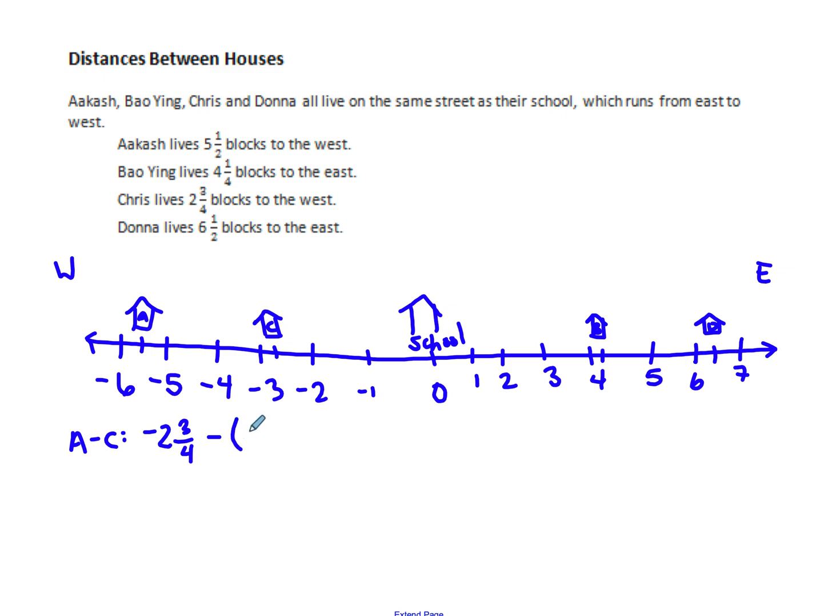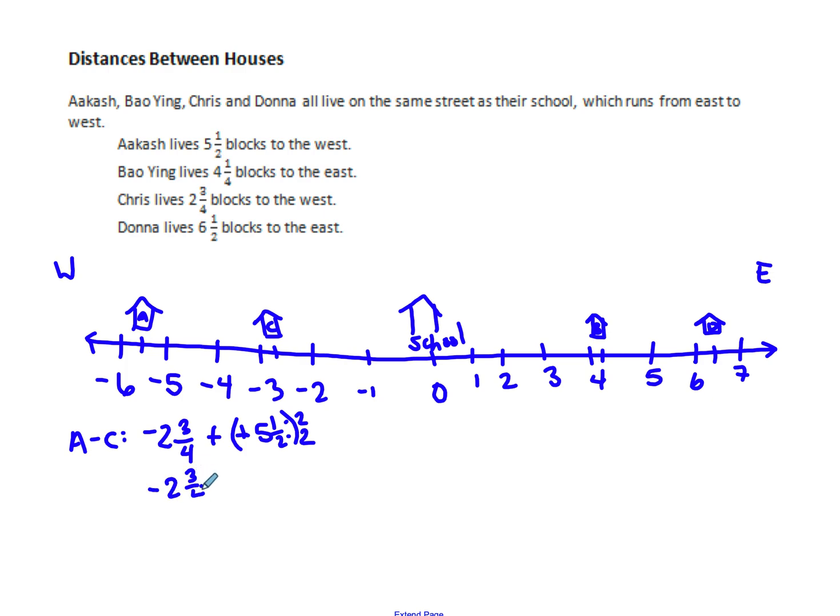Minus negative 5 1/2. Okay, the first thing I'm going to do, boom, change to addition. Boom, change the sign. The second thing I'm going to do is to find a common denominator. All right, so now I have -2